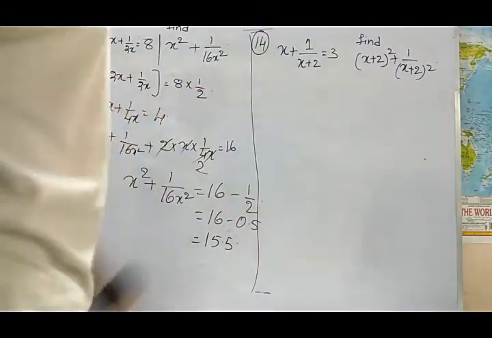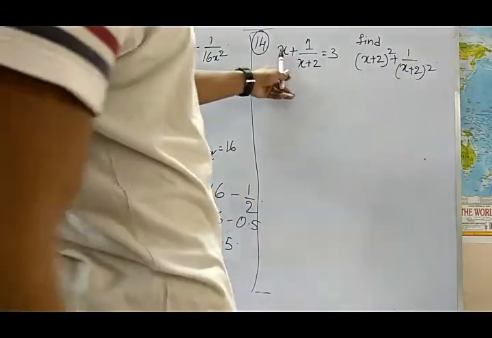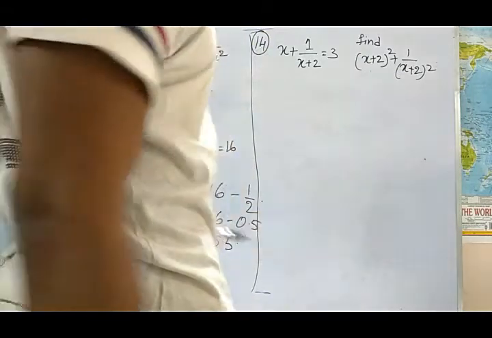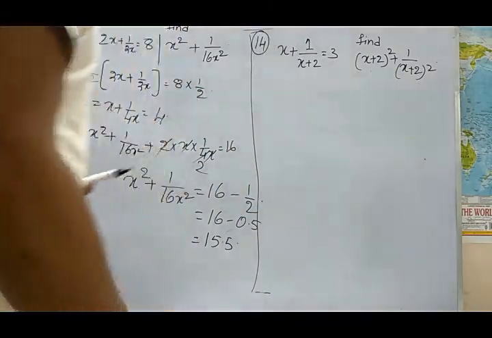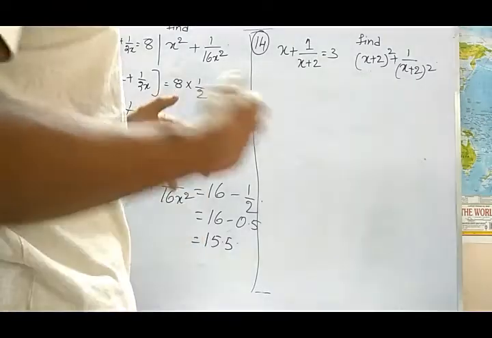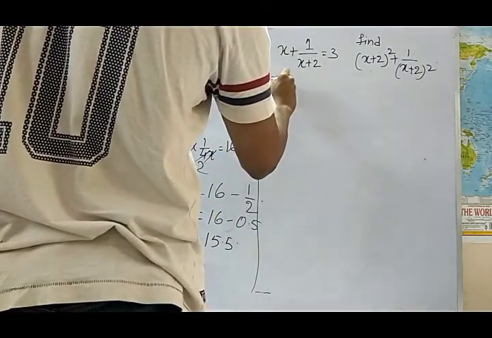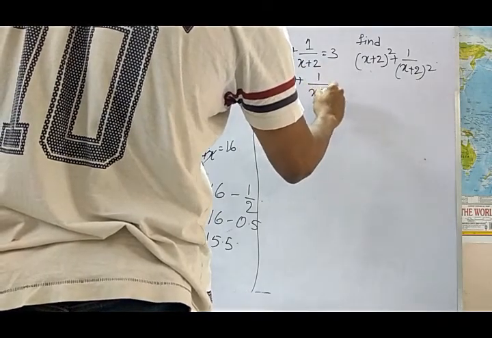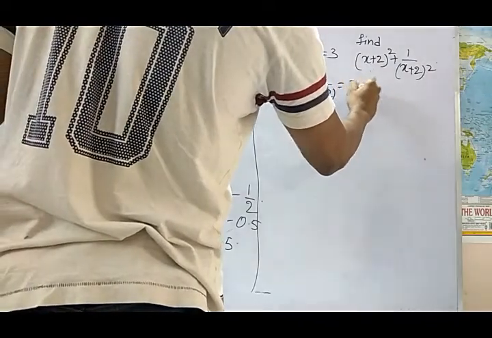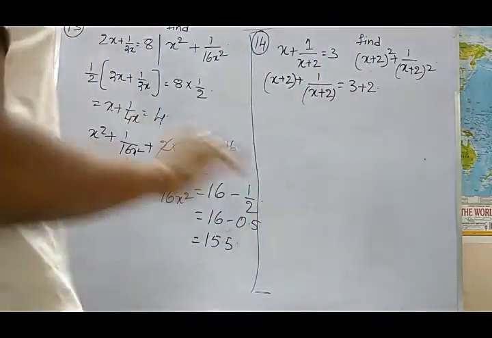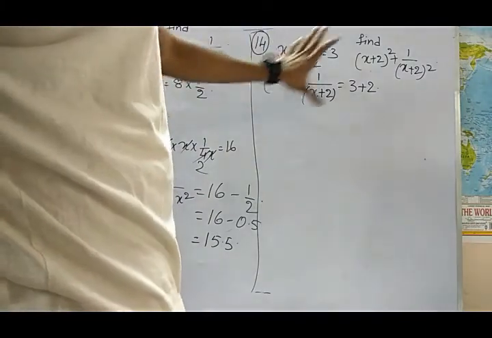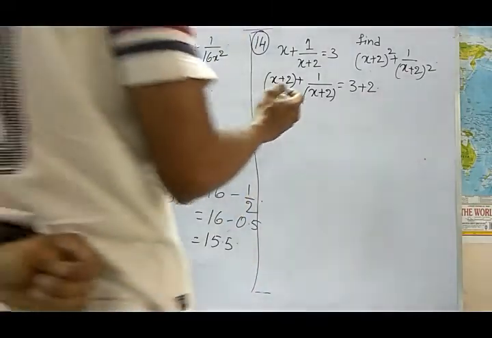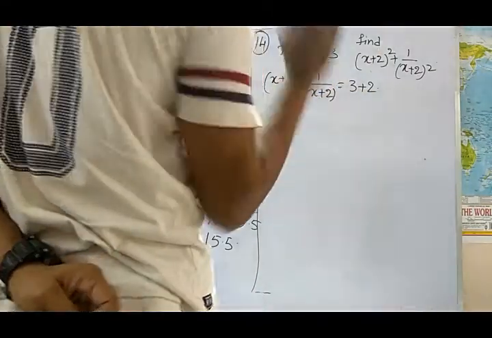This is very easy sum. You can just clearly observe that here we just require x plus 2, because they already gave x plus 2 whole square. So we just need to bring 2 here. For that, what we need to do? We need to add plus 2. So add here plus 2, x plus 2 plus 1 by x plus 2 equal to 3 plus 2. So we equated the equation equally. The same question, we just add plus 2 on both sides, so that the question will be the same all the time. So what we are left with now, x plus 2 plus 1 by x plus 2 equal to 5.